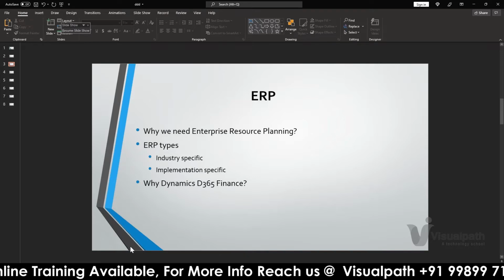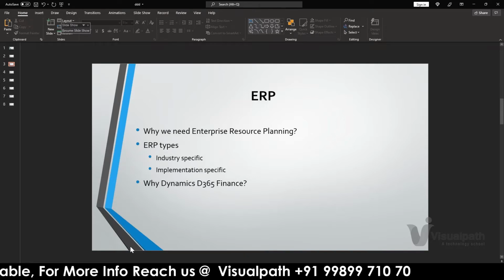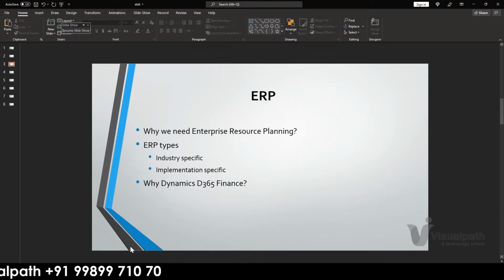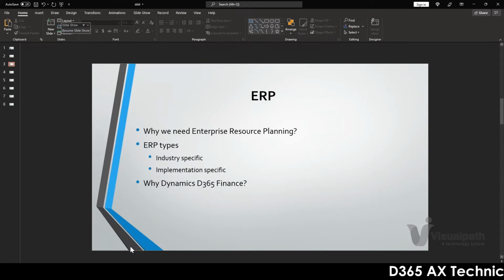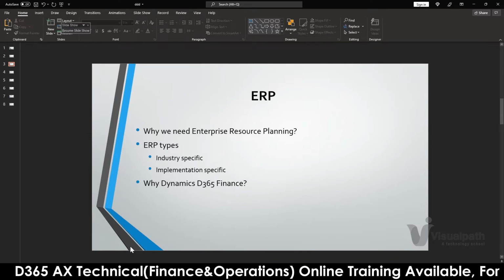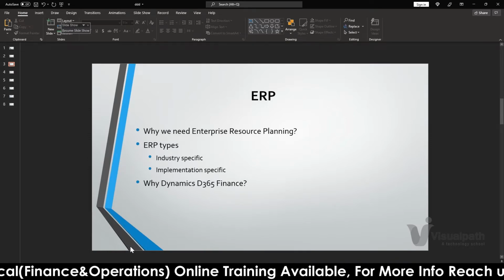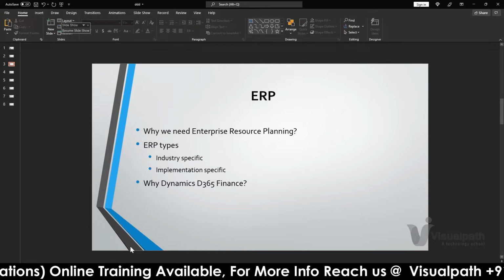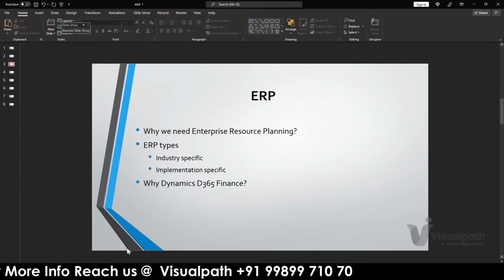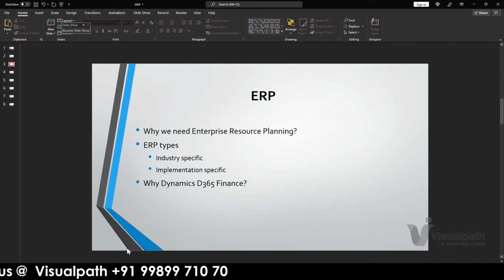As we are all technical jargon people, we might have heard this word, and we might also know that ERP is enterprise resource planning. So basically, why exactly do we need enterprise resource planning?